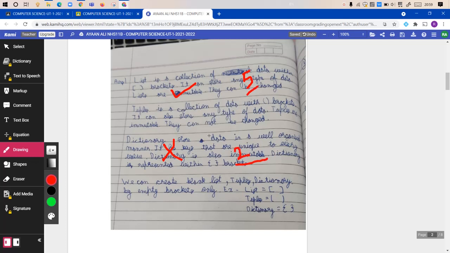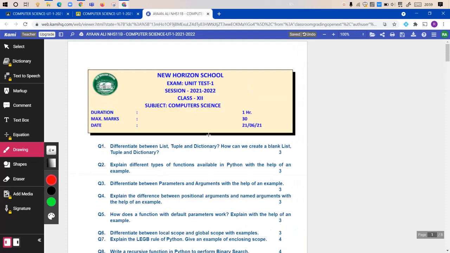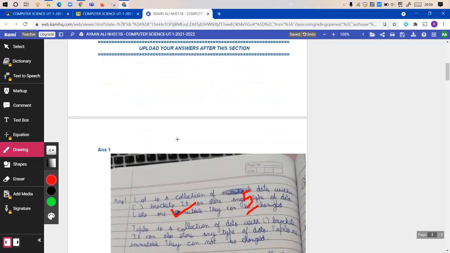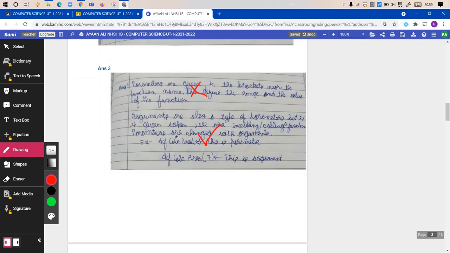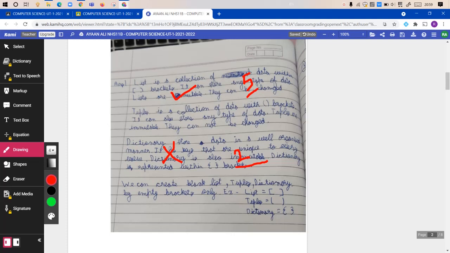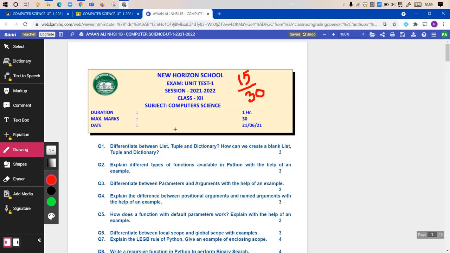Once you are done checking the paper, you can give total marks here. So let's say 15 out of 30. Now here you are supposed to do the calculation manually. All the calculations have to be done manually. Carefully count the marks and give the total. Here I can do my signatures, and the changes will be automatically saved.